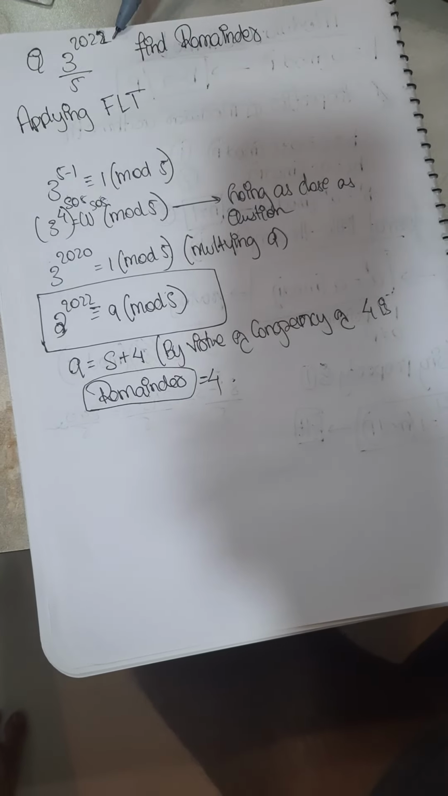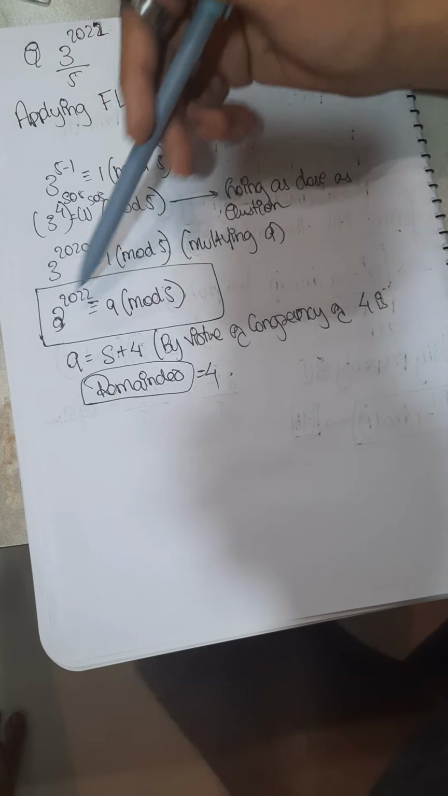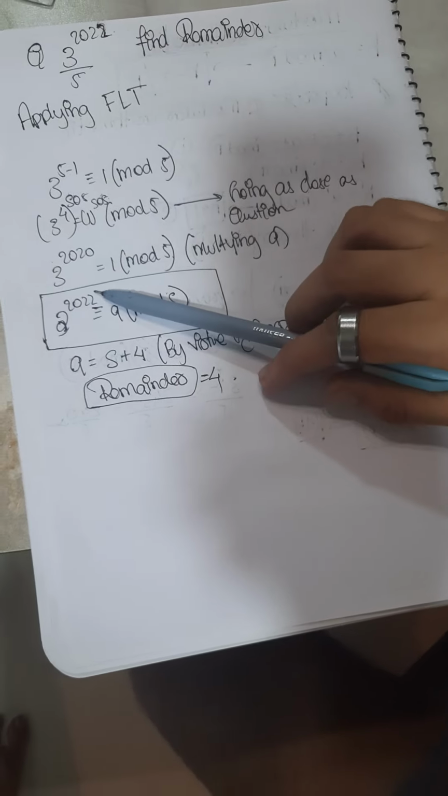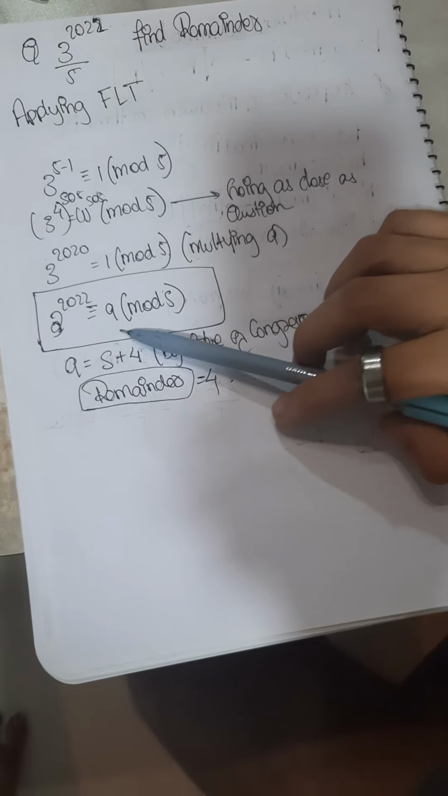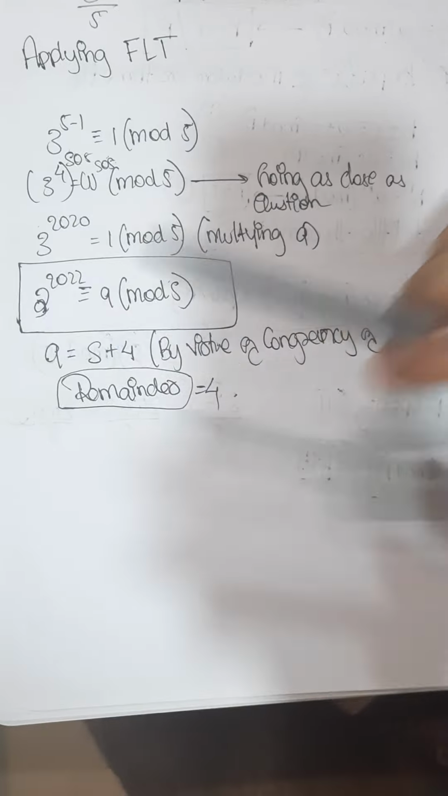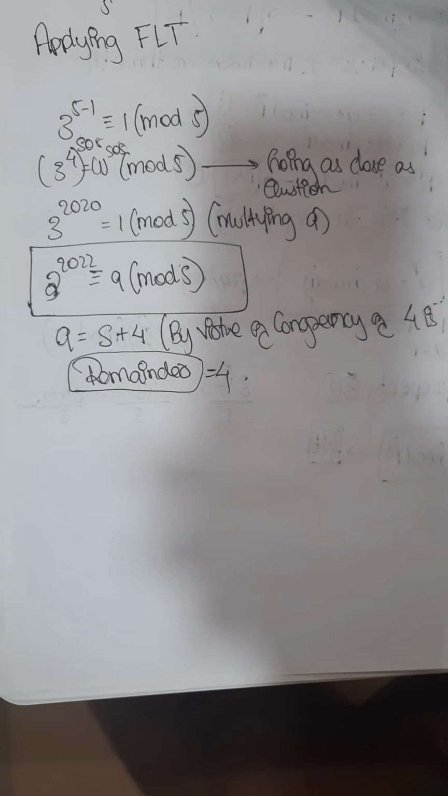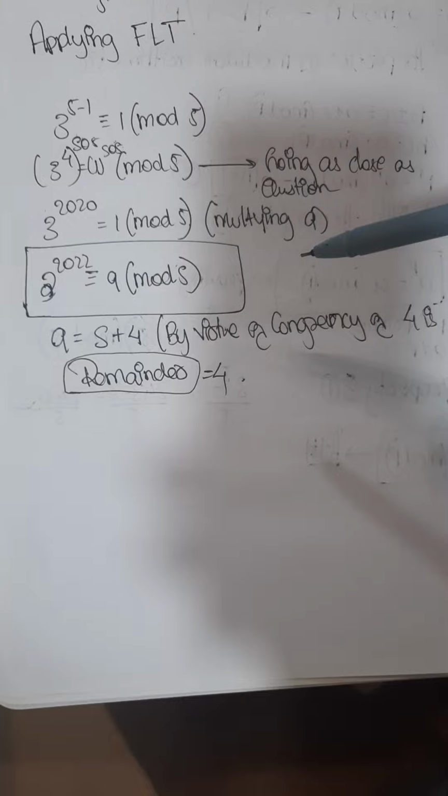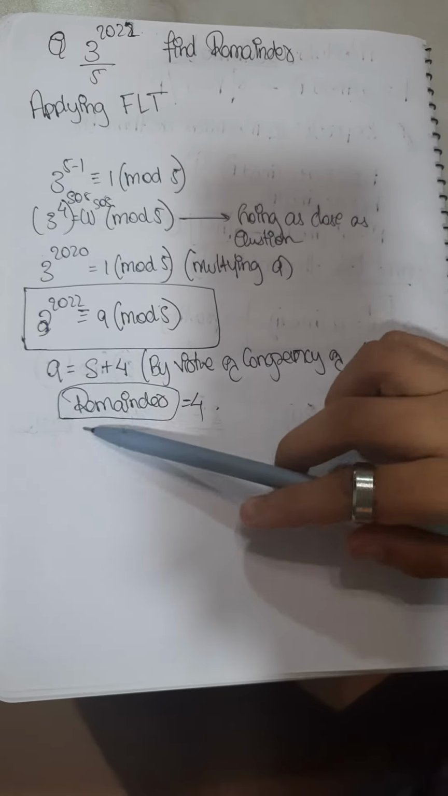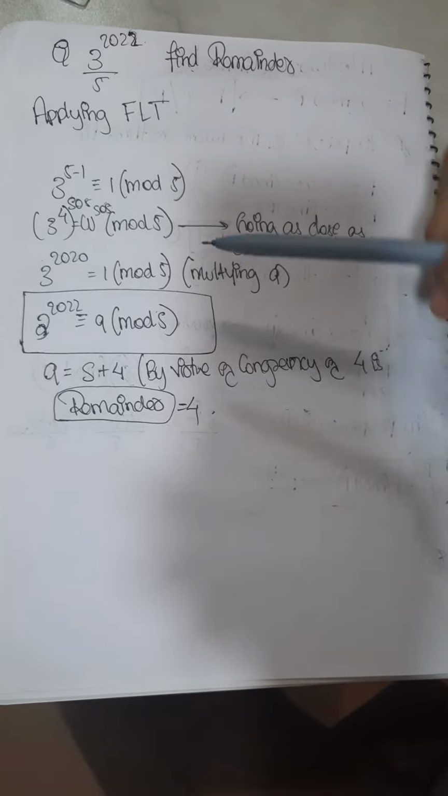Now, to get to this number, we need to multiply by 9. So I multiply both sides by 9, so 3 to the power of 2022 is congruent to 9 mod 5. And now we need to find what number is such that when you divide 9 by 5, we get a remainder. Now 10 minus 1 is equal to 9, so we can get minus 1 as a value, or I can say that 9 is equal to 5 plus 4, which then, by virtue of congruency, we can say